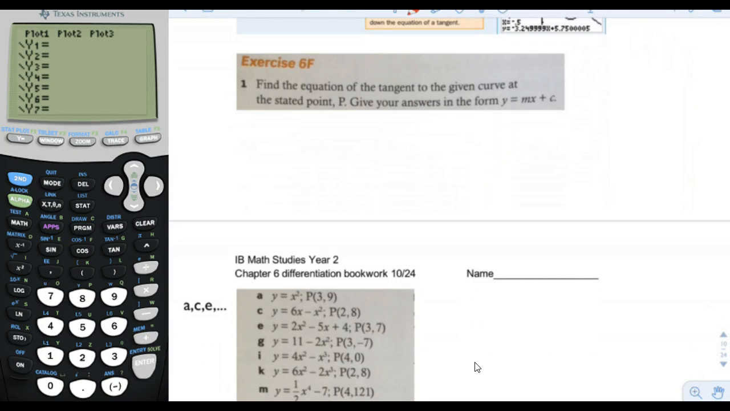Page 9 and 10 of differentiation bookwork. We are going to be drawing tangents today, and a tangent is a line which follows the gradient of a point on a curve. So for example, if you have a parabola, if you wanted to find the tangent of this curve,